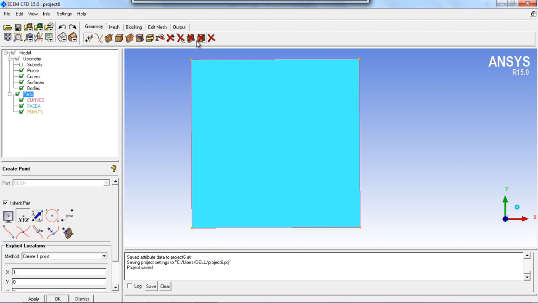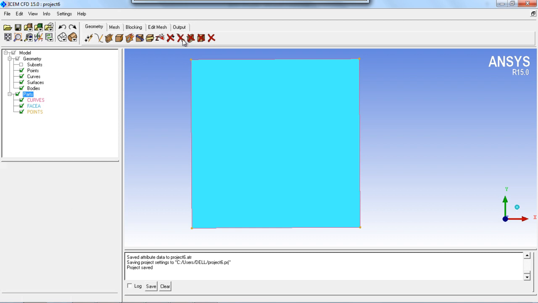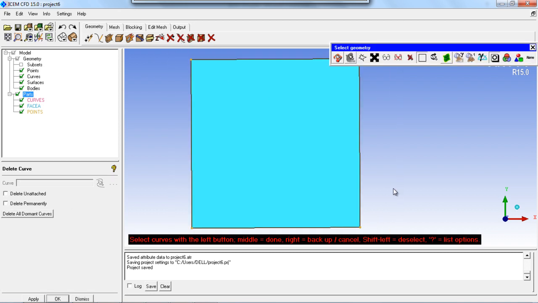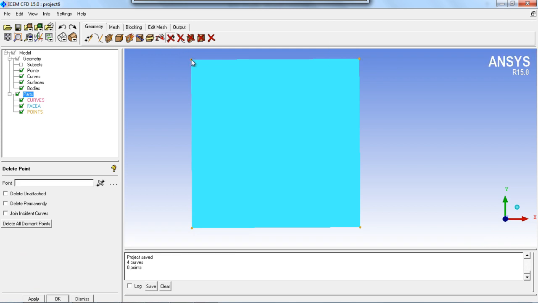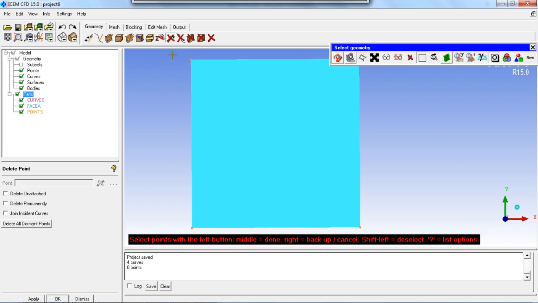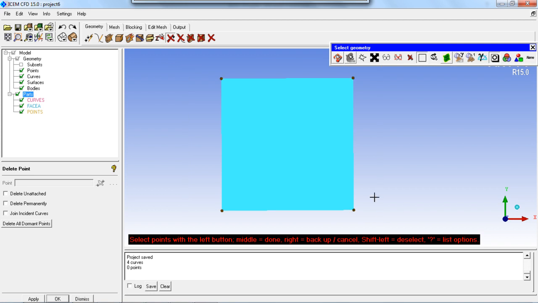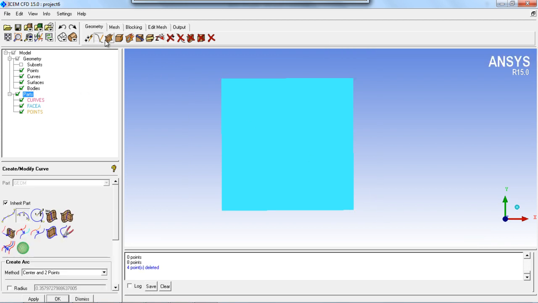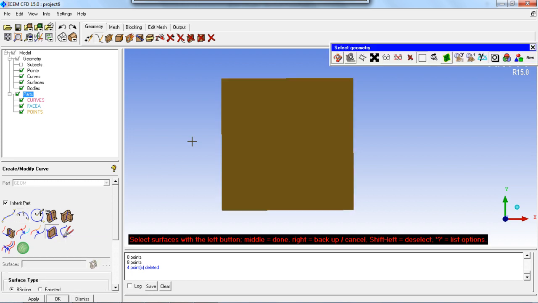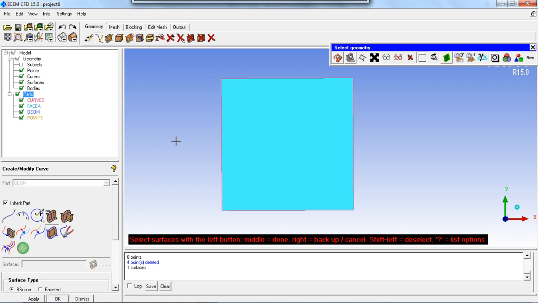Let's say if I delete all the curves over here, how am I going to get all these points and curves? Simple. Just go to the curve modify tab and choose the option which is extract curve from surfaces on the periphery to the surface, and you will get all these 4 curves.